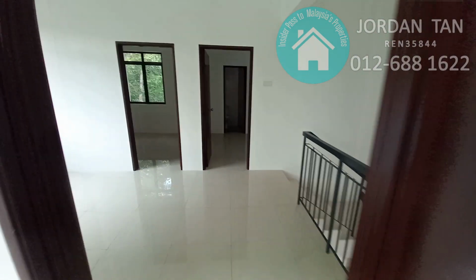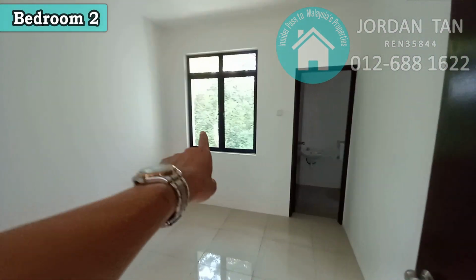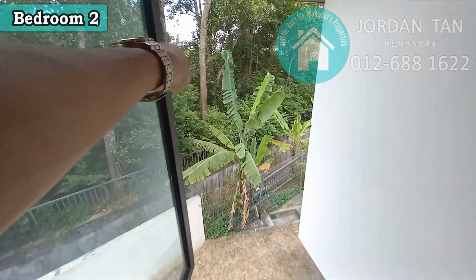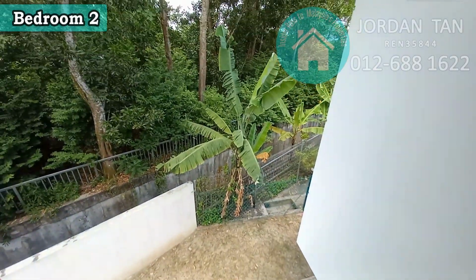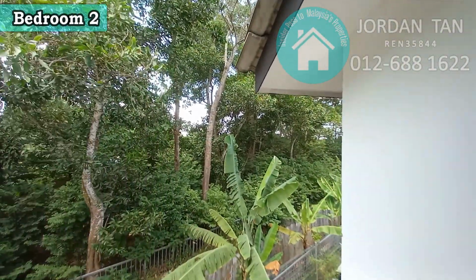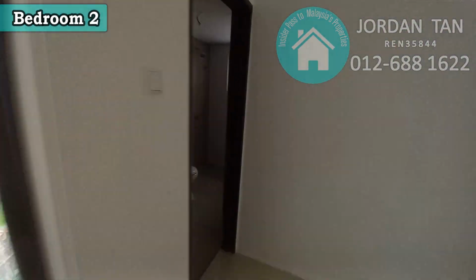So now let's go and look at the second room. You have a window and you have an ensuite bathroom behind. Let's look outside the window. This is the view, guys. Wow. Okay, this is the view from on top of the house, from the second room. And there's actually a lot of trees behind, so it's very quiet and very green and also very cool. Okay, next,